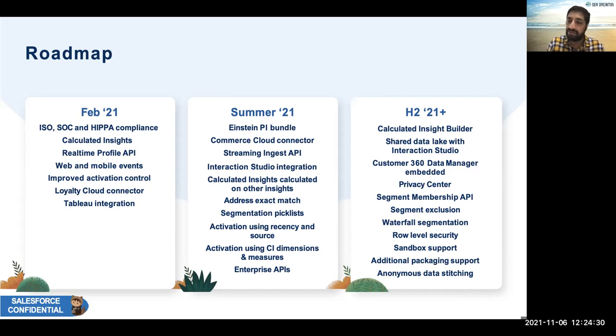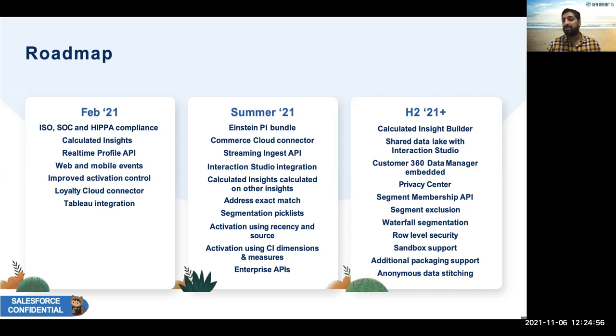Because in CDP, we only talked about how to bring the data from discrete data sources, and then how to enrich the data, segment the data, activate the data, and then send it back to Marketing Cloud data extension, and then marketing managers can use the data to target for real-time personalization for the customers, right?